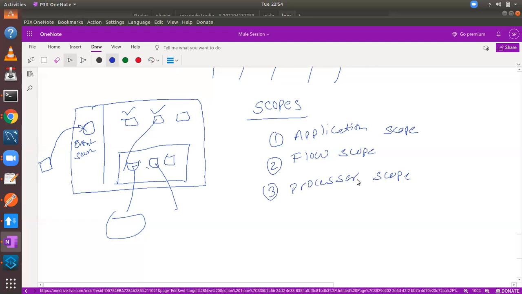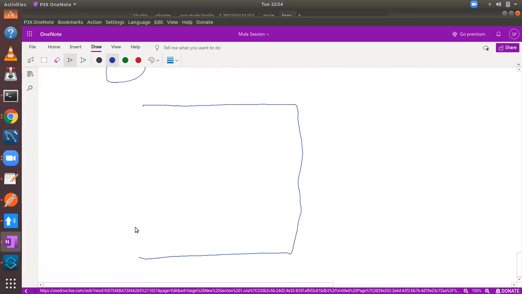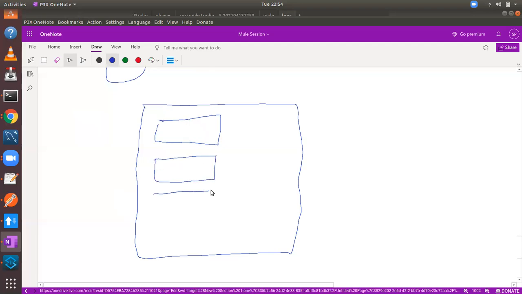Now try to understand the application scope. Application scope means you have a Mule application, and in this Mule application there are 4 flows.